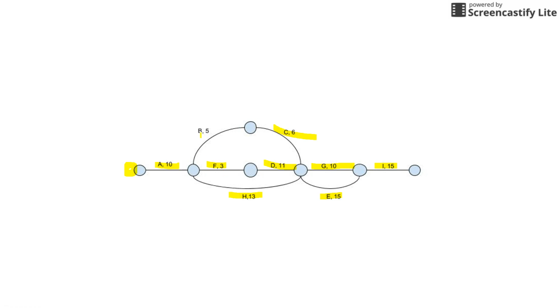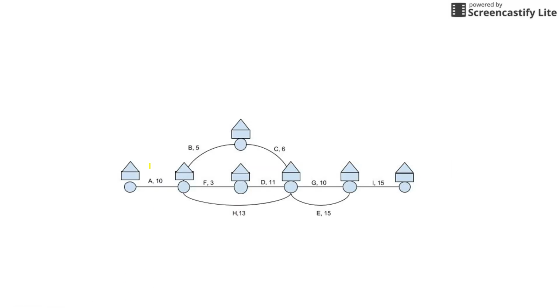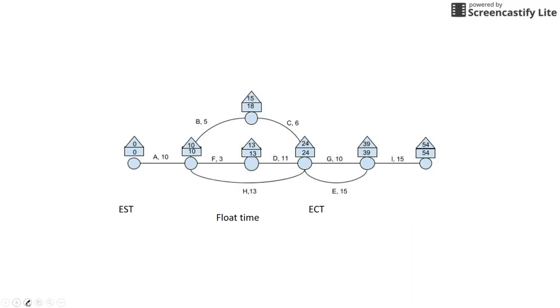So once you have completed this, you have your time and your letters for all the events that will be occurring. You want to draw rectangles with triangles in them, and this is going to represent your forward scanning. Once you have placed rectangles and triangles into your network, you begin your forward scanning. You start with the triangle on top, which is 0. Then plus 10 minutes, you go across, so that's 10, and then 10 plus 5 is 15, 15 plus